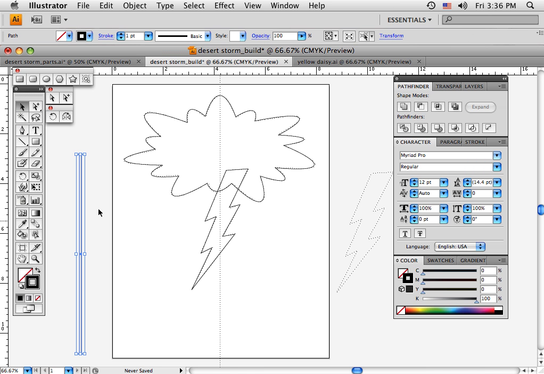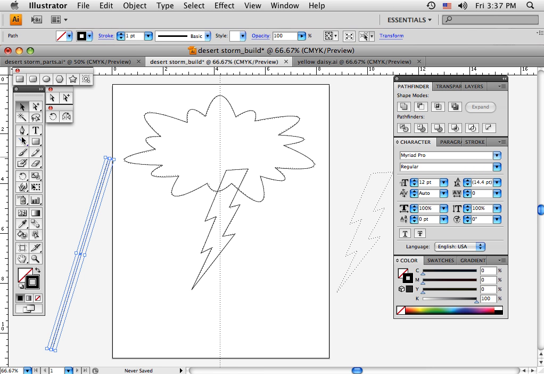I'm going to turn that so it's about the same angle as the lightning bolt coming out. Now to do that, go up to the corner, and you can get three things with this black arrow. You get the arrowhead. If you get up by the corner, you get the little bended arrow. That is the rotate line. And if you get it inside like that, that's the scale tool. If you hold down the Shift key, you can move this rectangle and scale it smaller or bigger, and it will go proportionally. If you don't hold the Shift key down, then you can just make it mechanical. But I'm going to get that curve line there, and then it rotates from the center, and I'm just going to tilt this until it's about the same angle as the